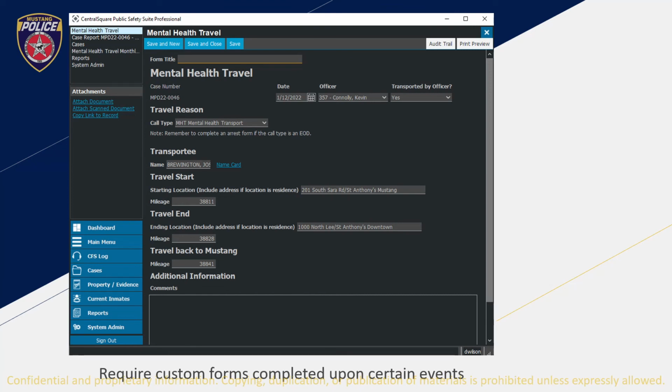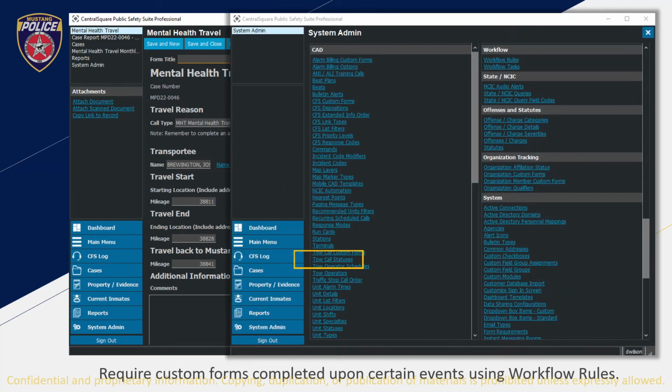So, like I said, this form is completed on a certain event. So we have several different categories of when these events are needed. So where it says call type under travel reason, these are incident codes. So depending on the incident code, my workflow rule in system admin is basically saying